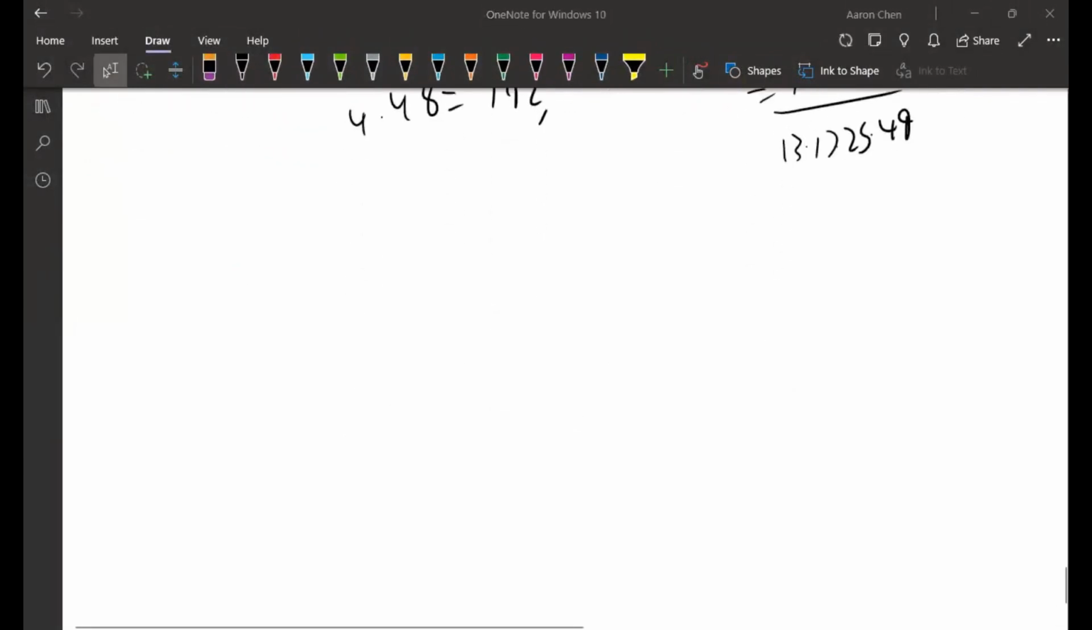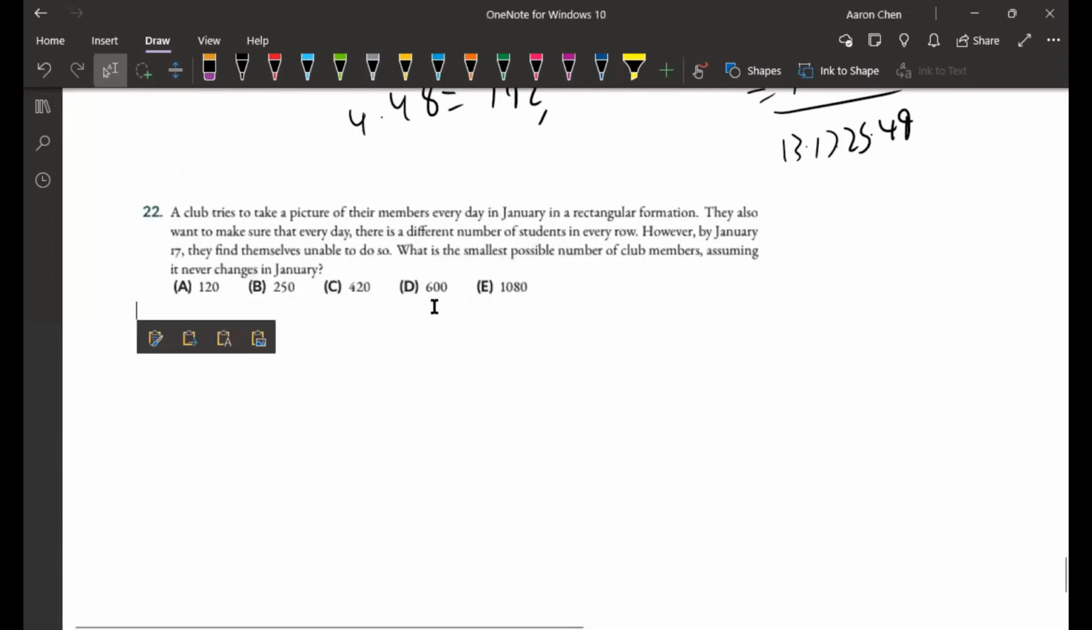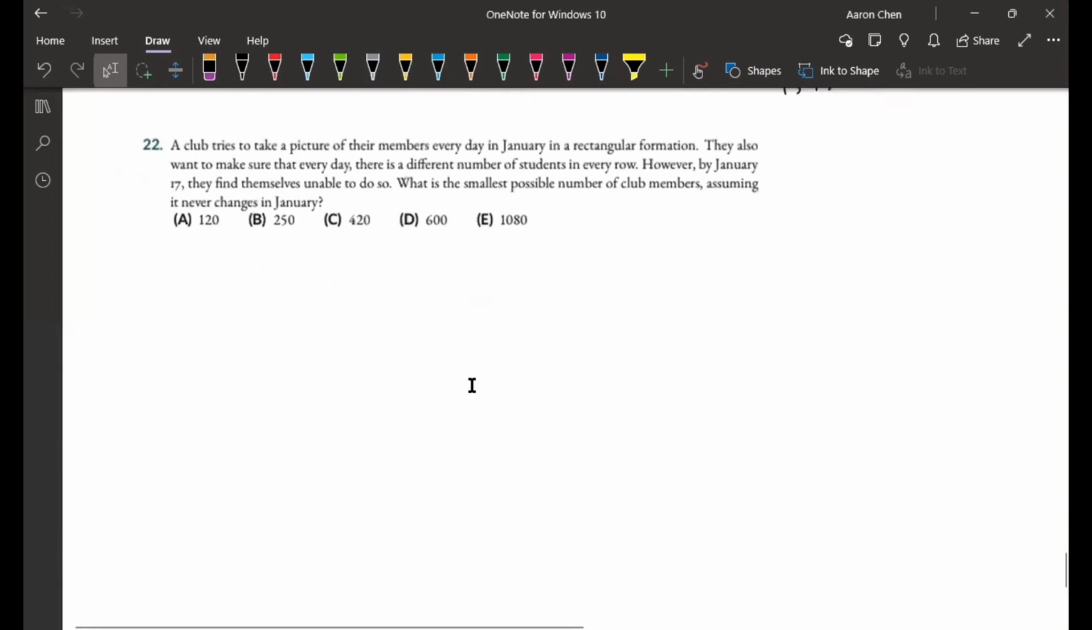So next up is question number 22. A club tries to take a picture of their members every day in January in a rectangular formation. So they also want to